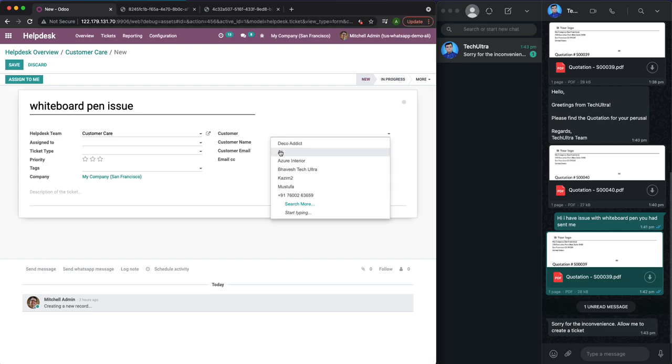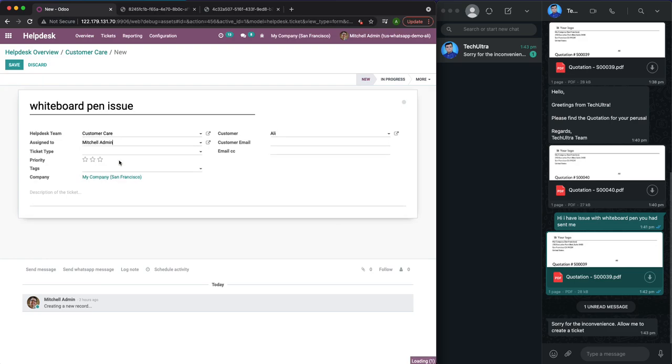Here we can select the customer, the agent whom this ticket will be assigned to, the type of ticket, priority, and any further description can be added here.